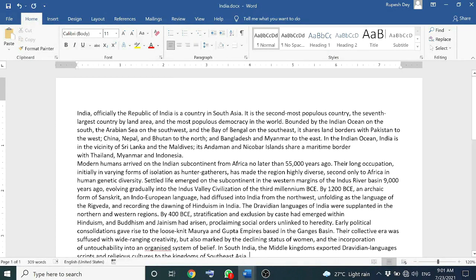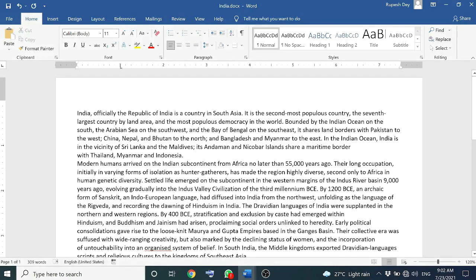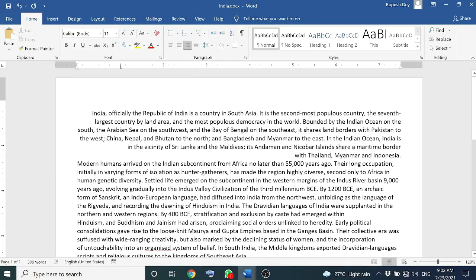Now right alignment means it will align the text with the right margin or indent. I am showing you. Before that, either you have to select the paragraph or you can keep the cursor inside the paragraph, or for more than one paragraph you have to select all the paragraphs. Let me keep the cursor here because I want to change the alignment of this paragraph only. Click on right now. See, all the lines end at the right margin, but they may or may not touch the left margin.